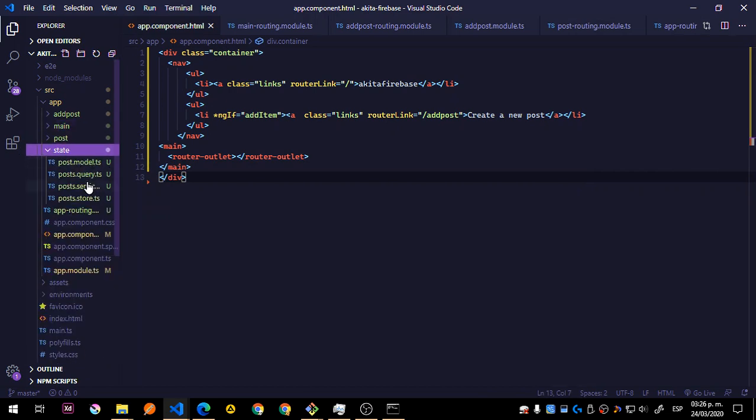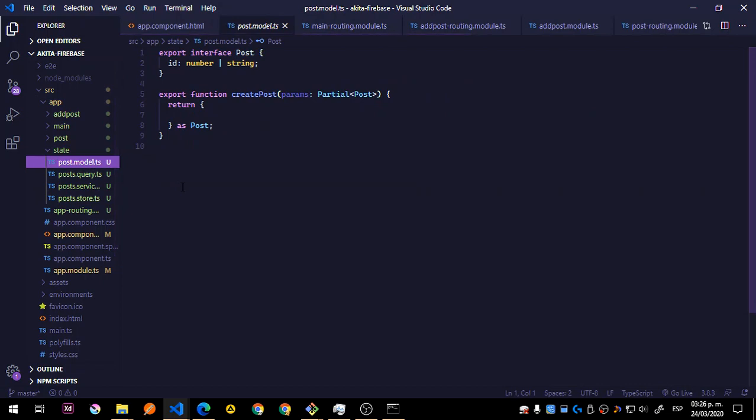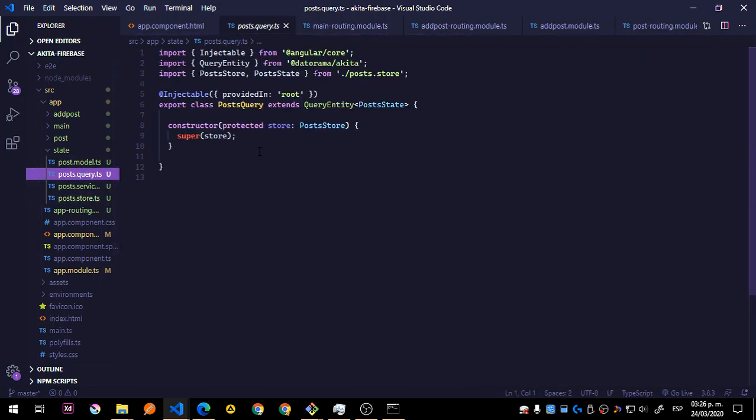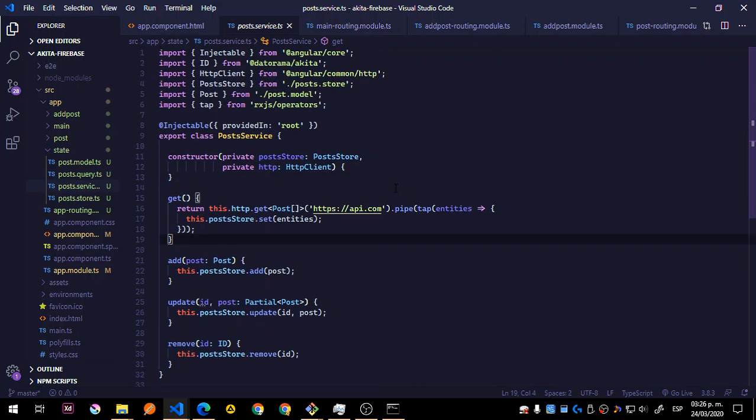So we have this state folder with the model, which we're not going to touch. So the partial, in case you don't know, the partial is going to mark everything as optional. So it's going to work better for us. So we have this query and the service itself that, remember guys, we are not going to use another service unless we actually need to. Okay, so we're going to implement